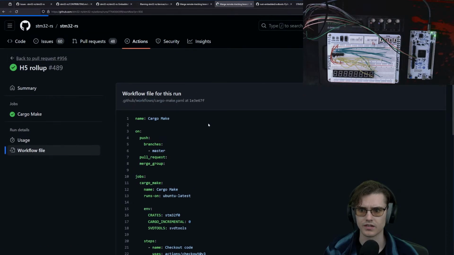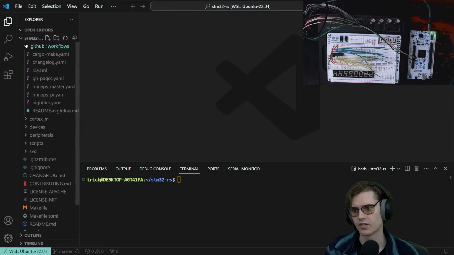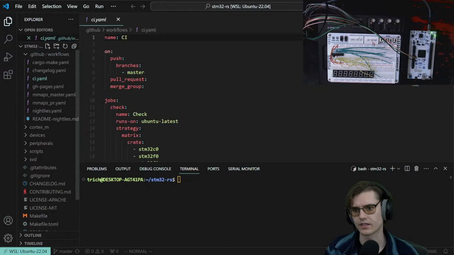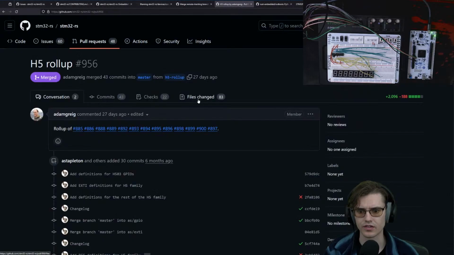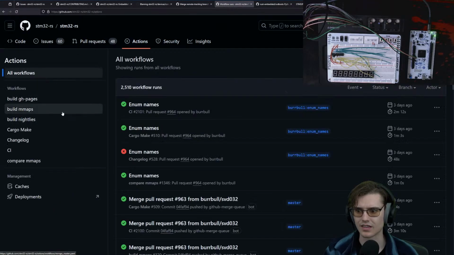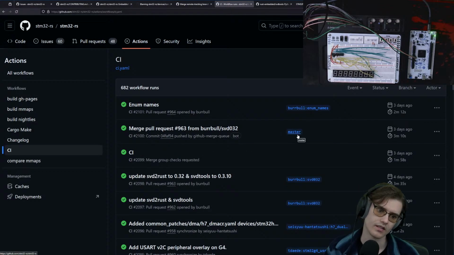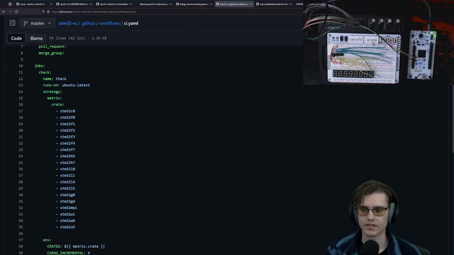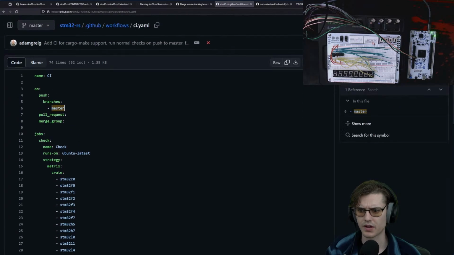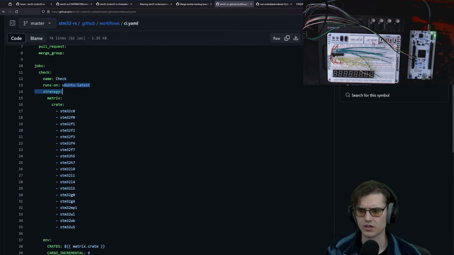I wanted to do their CI. So we had GitHub, CI. I like to follow this because I think this is like the main thing happening whenever a commit happens. So when you're pushing to master, or you're pull requesting, or you're merging a group, get Ubuntu,